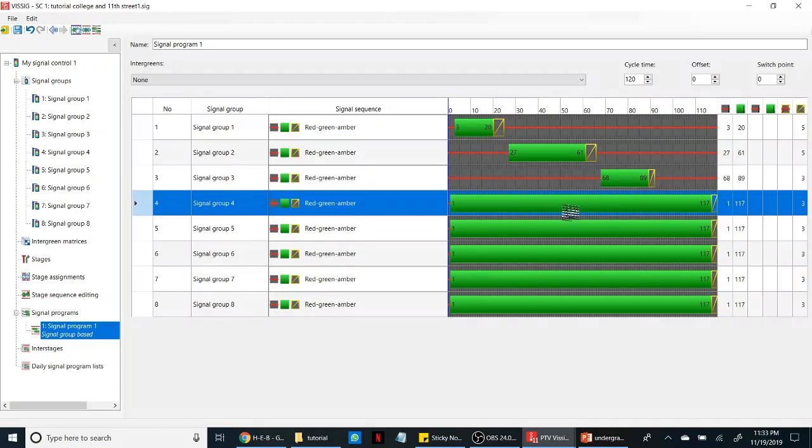So the fourth one, I have my green time at 18. So from 89 to